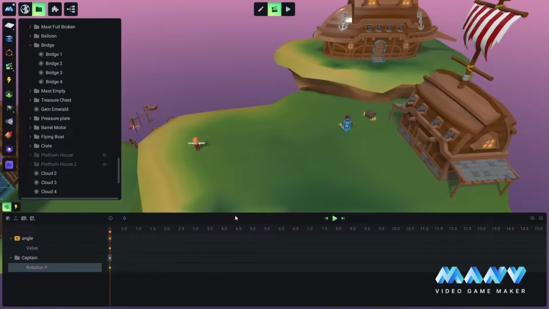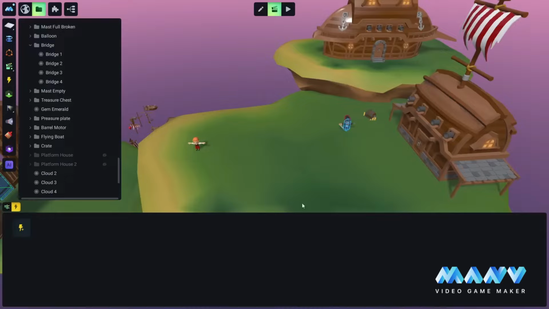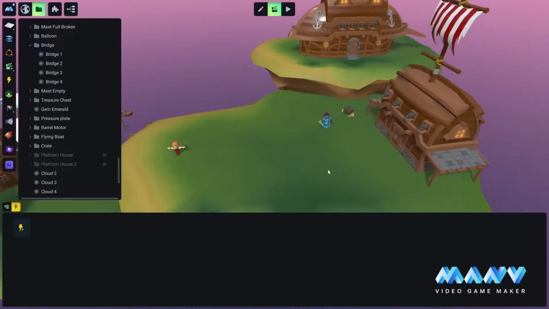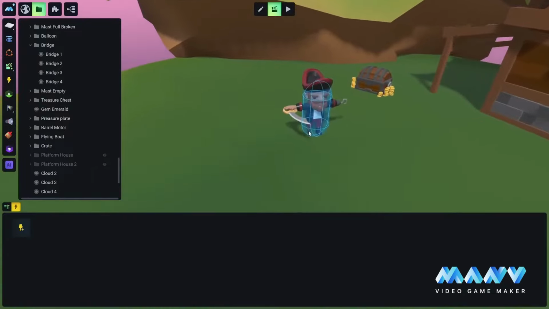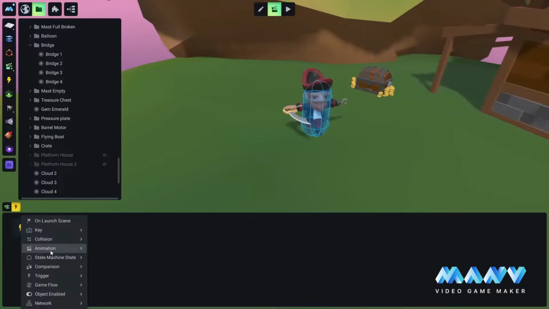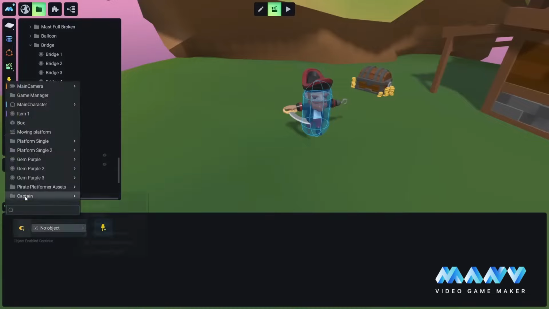We want this animation to play in loop, so we don't need a second keyframe. We go to the triggers tab, and we want this animation to play as soon as our character is enabled. If our character is not enabled, we don't want this tracking to happen. We want it all to happen when this character is enabled. So we go to object enabled,